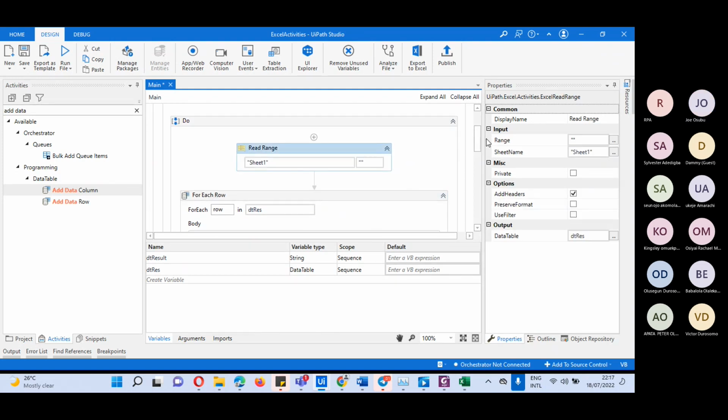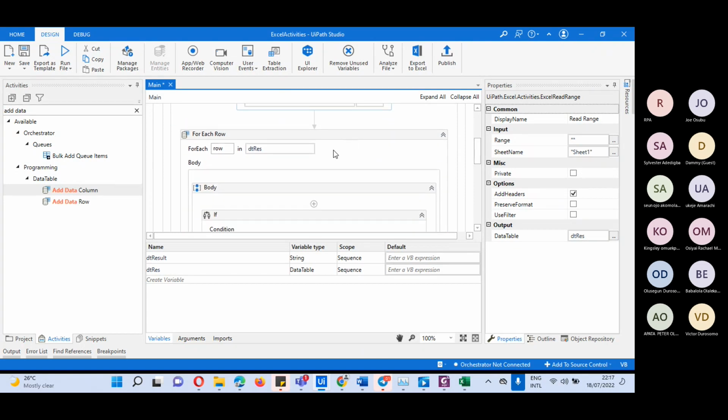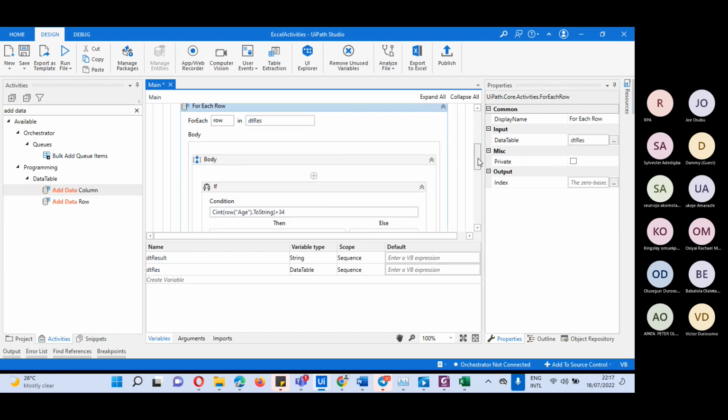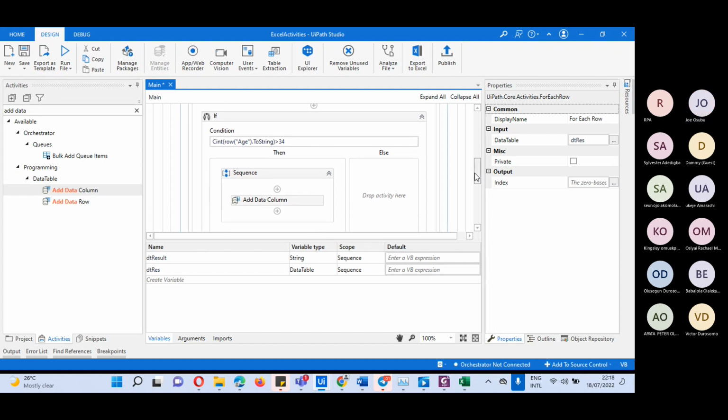Okay, when it reads it, and it reads each row, I think it's supposed to be, because up to this level it's still reading. Read and